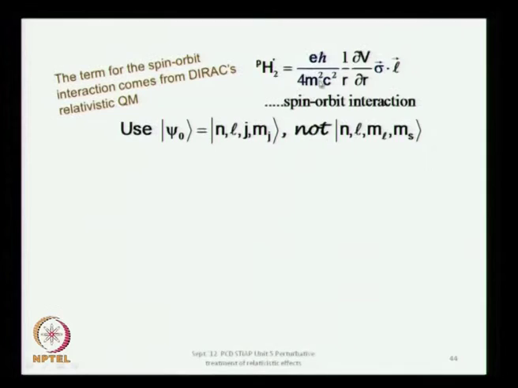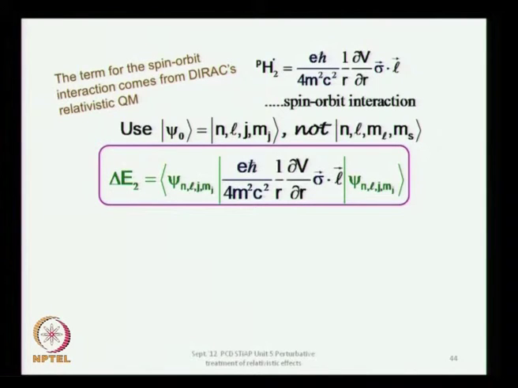This term we basically got from the Dirac equation, but what we are doing here is a perturbative treatment of this over the non-relativistic Schrodinger equation, and we will estimate the correction, which is delta E2, to the unperturbed states which come with quantum numbers n, L, J, Mj, and this is the perturbation Hamiltonian whose expectation value